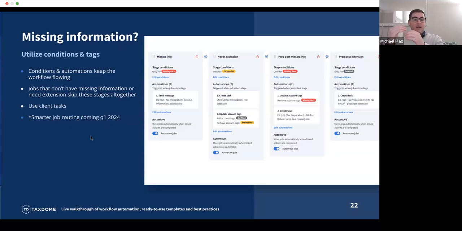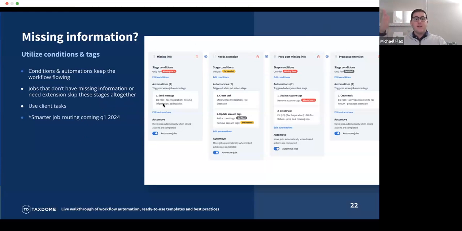Now the client gets that message and it says, Dear John Smith, we need 1, 2, 3, and 4 from you. And there's an associated task with that message. And it says, I have given this information back to Flax CPA. And John's going to write out his responses, and then he's going to click that button that says, I have responded to Flax CPA. And automatically, when he clicks that button, it then moves to the next stage, which says